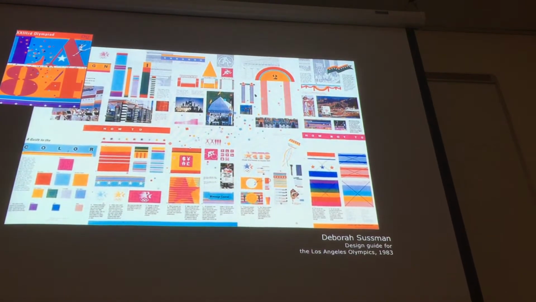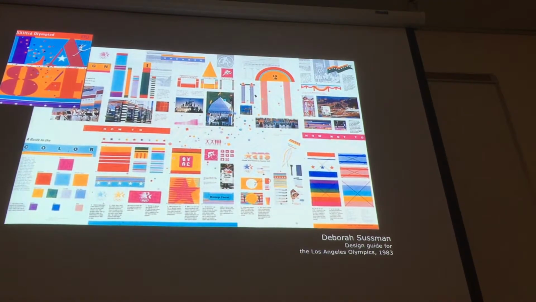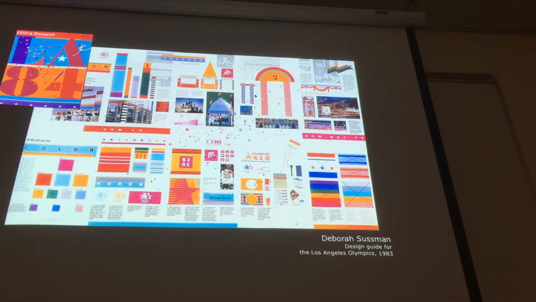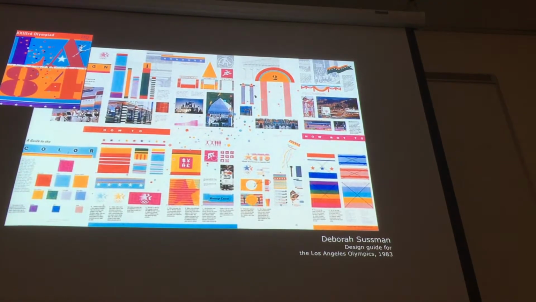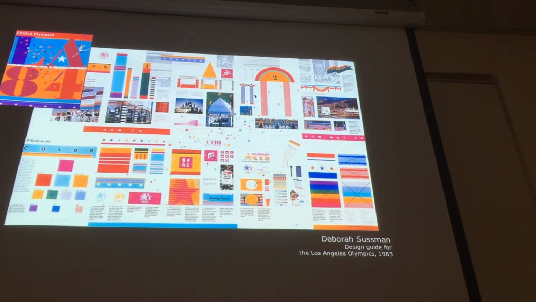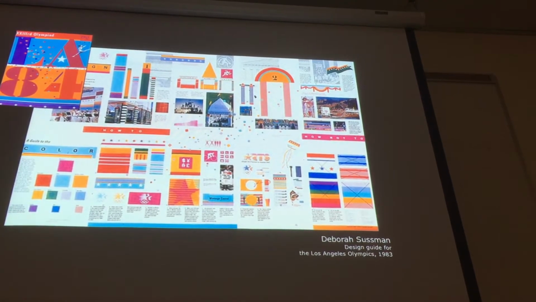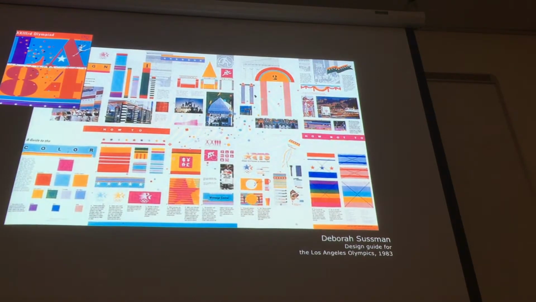And the problem with this particular Olympics was that it was riddled with problems financially. This was right after the 1980 Olympics. Jimmy Carter had been our president, and he had decided that we were going to boycott that Olympics because of the Russians selling arms to Afghanistan. And so we were boycotting it in protest to what the Russians had done, and the United States didn't participate in that Olympics. And a lot of people were really upset with the United States bowing out of a very, very big Olympic event.